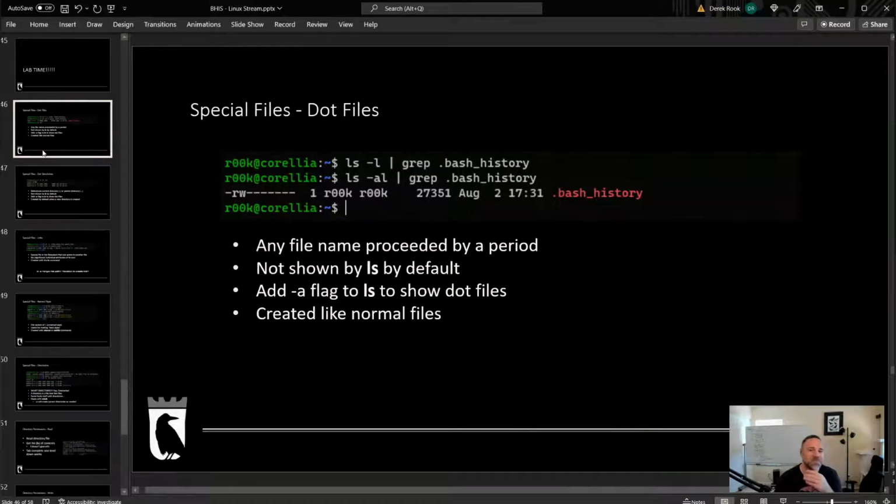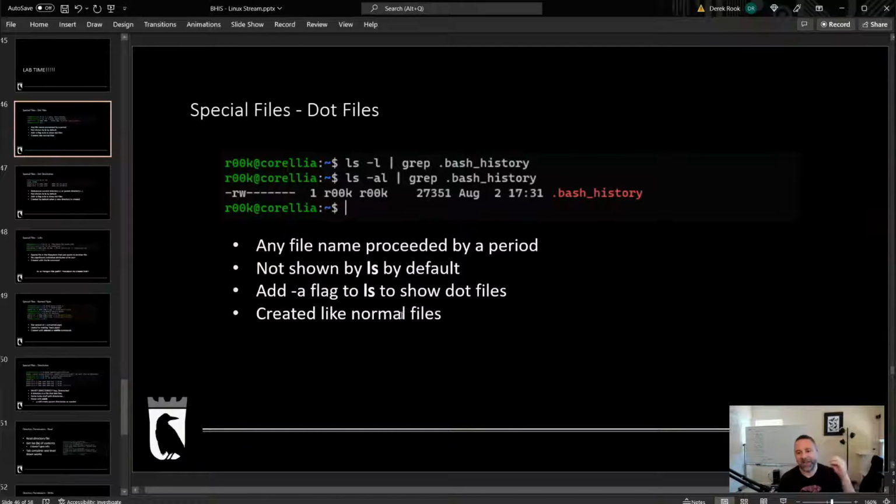Okay, so there's a couple special files that we need to talk about real quick. In the Linux file system, any file that's preceded by a dot is not shown by ls. I am very pedantic about this, because a lot of people will say that dot files are hidden. They're not hidden.